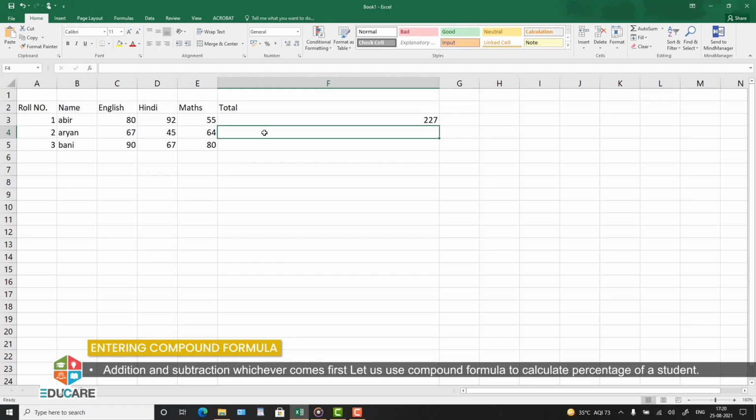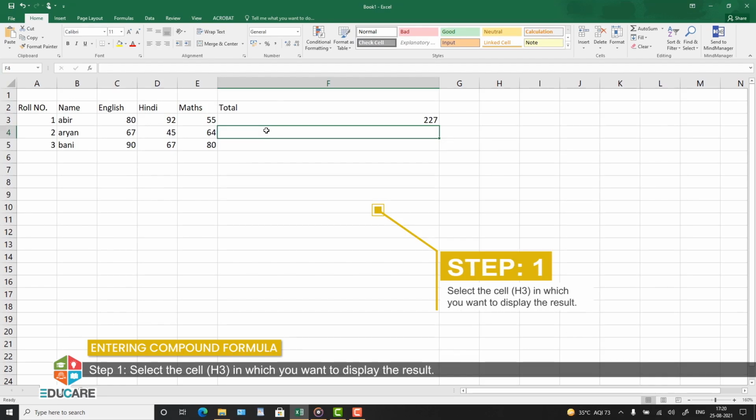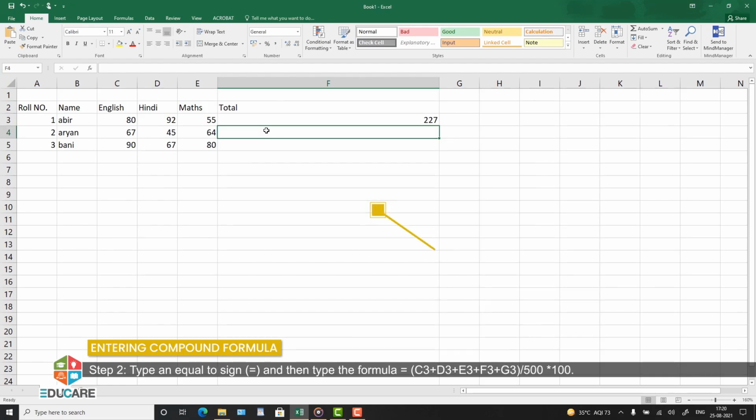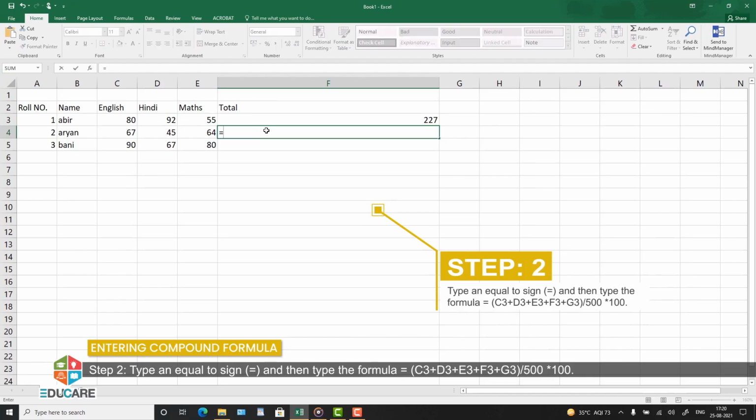Let us use a compound formula to calculate the percentage of a student. Step 1. Select the cell H3 in which you want to display the result. Step 2. Type an equal to sign and then type the formula: equal to C3 plus D3 plus E3 plus F3 plus G3 slash 500 asterisk 100.